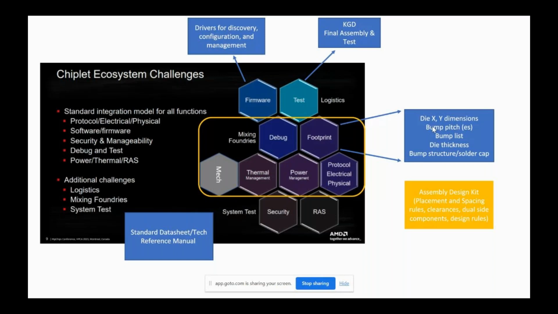So I had a ringside view of some things that were happening at some large companies. Initially it was all in-house, and then more recently at Hot Chips, one of them talked about, hey, we have our own set of chiplets, but we're starting to look for third-party chiplets. So I think in our system, we're going to open up a slot. And what that means is they're going to tell